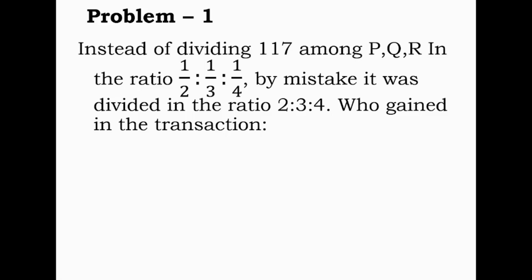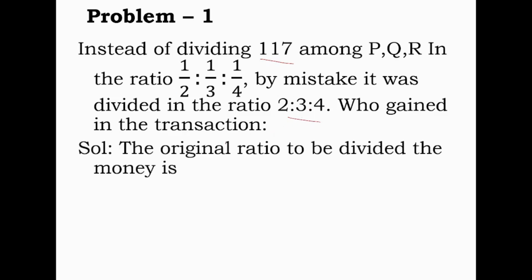The first problem in this video is: instead of dividing 117 among P, Q, R in the ratio 1 by 2, 1 by 3, 1 by 4, by mistake it was divided in the ratio 2 is to 3 is to 4. Who gained in the transaction? So here the original ratio to be divided for the given money is